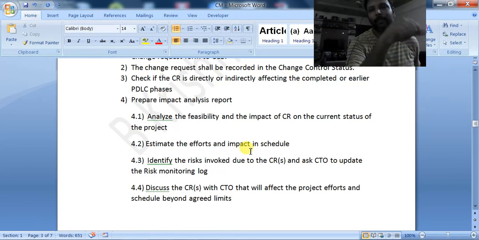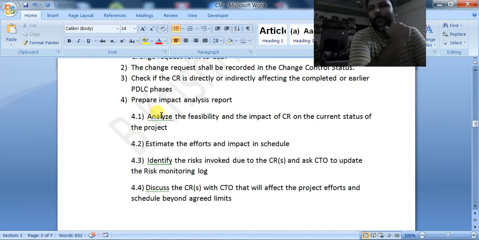That is also checked. Then they will identify the risks: are there any risks involved because of this change request?